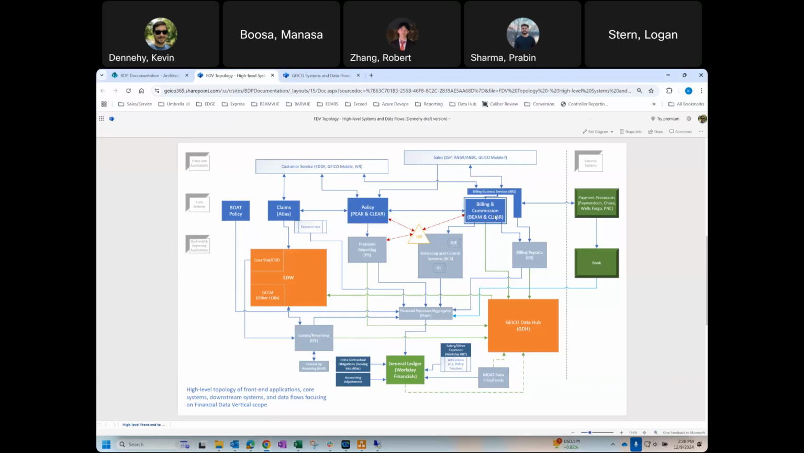And we also then have policy talk over to the billing system, which is where we're going to focus most of our conversation. But the idea here again is to mention that the front end interfaces like sales or customer service are really interacting with core systems that are the main anchors of our